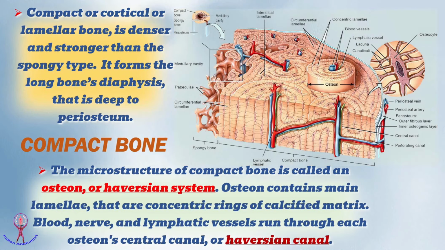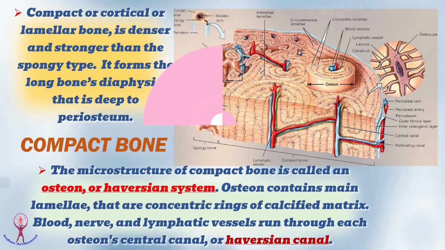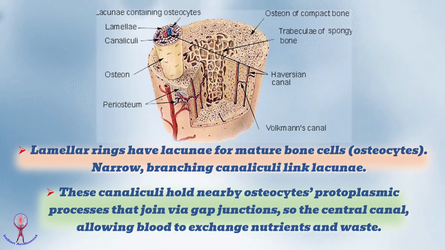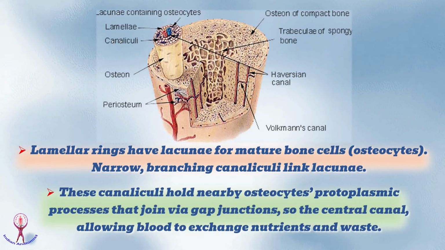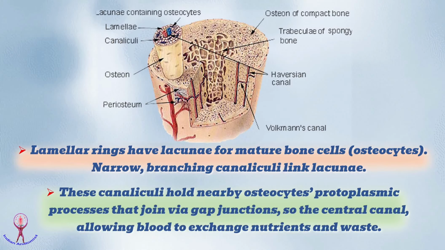Osteon contains main lamellae, that are concentric rings of calcified matrix. Blood, nerve, and lymphatic vessels run through each osteon's central canal, or Haversian canal. Now, each lamellar ring has lacunae with single, mature bone cells or osteocytes. Narrow, branching canaliculi link lacunae. These canaliculi hold nearby osteocytes' protoplasmic processes that join via gap junctions to the central canal, allowing blood to exchange